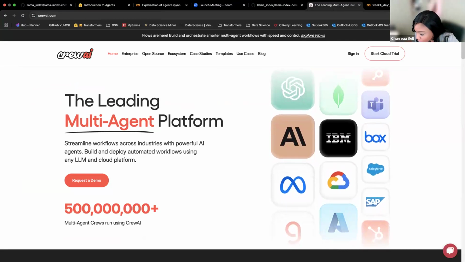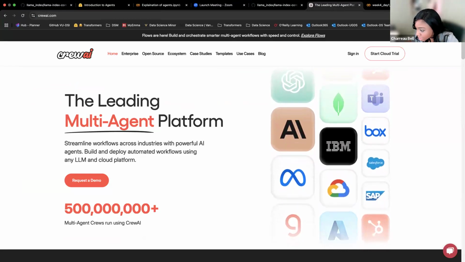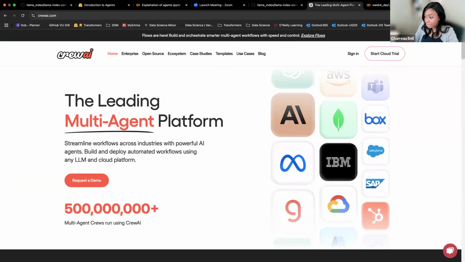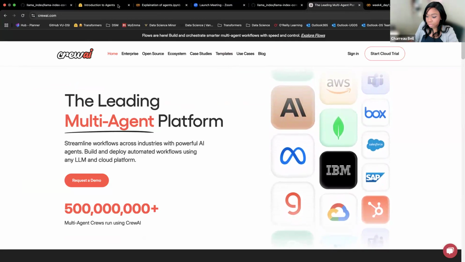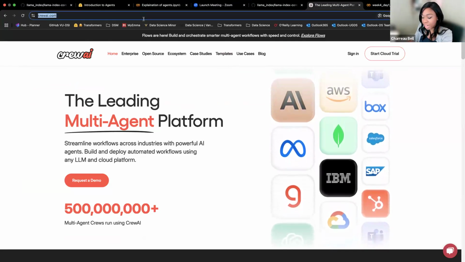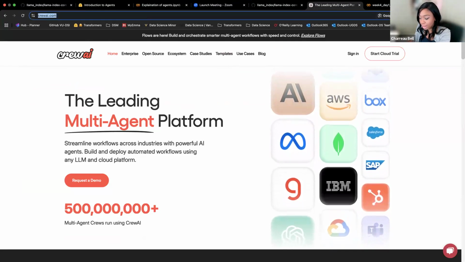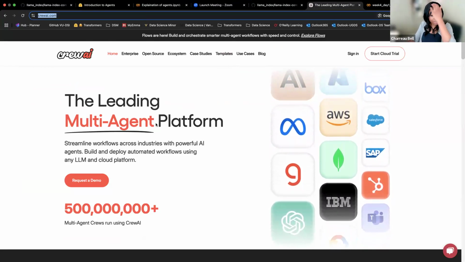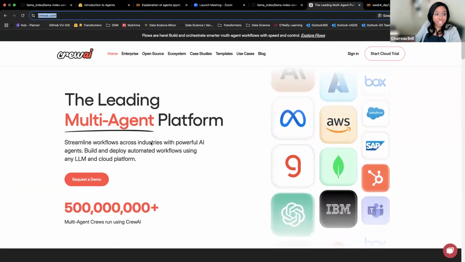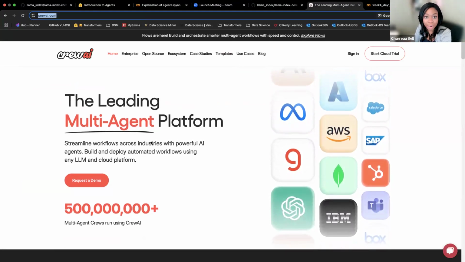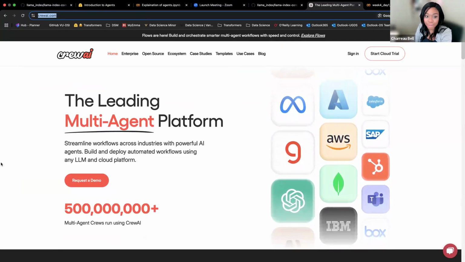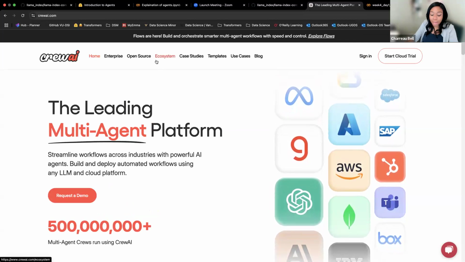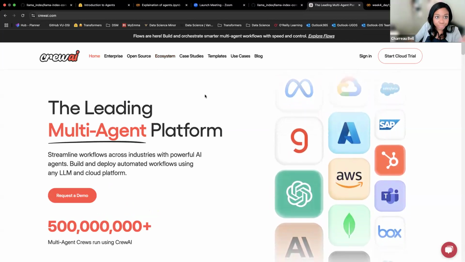So I think right now, maybe you should be able to see, yes, CrewAI. And let me drop that link in the chat. It's really just crewai.com. Slight hazard, if you type in crew.ai, that is a different website, but I think it does link you back to here. So CrewAI, again, this is a platform I really love because I think it really highlights the kinds of things that we can think about when we are building our agentic systems, okay?